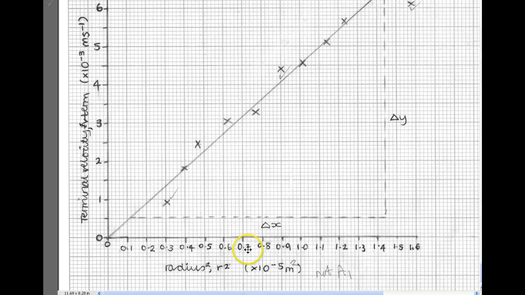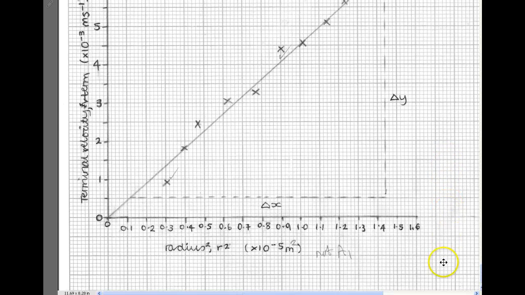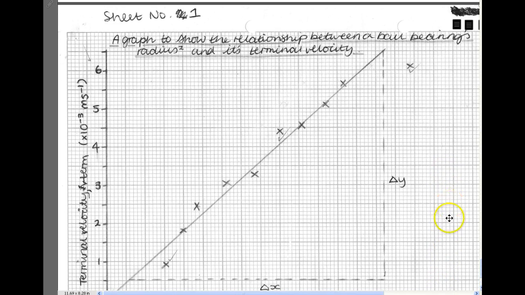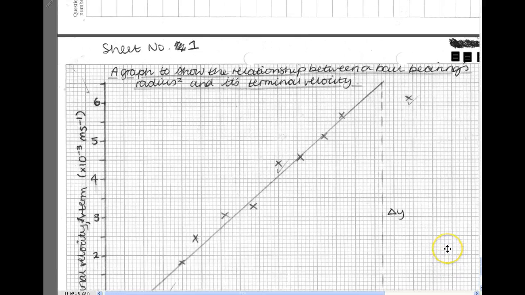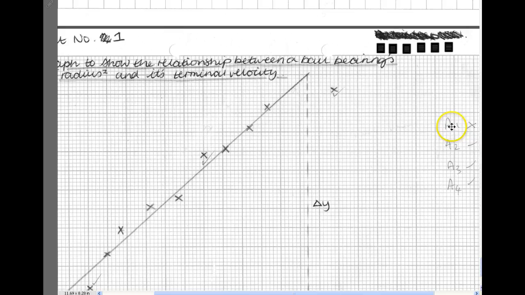On the horizontal scale we've got radius squared, and the student made a mistake here because they didn't put meters squared, and so that would have lost a mark for the graph. So there are an awful lot of things that you can slip up on if you're not careful, but usually if you've had enough time to prepare and you're thinking carefully about what you're doing, you should have no problems. So in this case the student lost A1 over here,